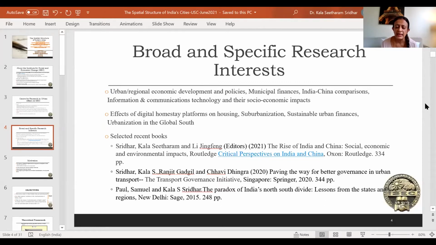My current interests are the effects of digital homestay platforms such as Airbnb on housing in Indian cities, suburbanization, sustainable finances, and also urbanization in the global south, consisting of countries such as Brazil, China, India, and so forth. Some selected recent books: one on India and China, The Rise of India and China, which came out of Routledge last year, and one on urban transport governance, which came out of Springer last year. And one book which has been widely cited and quoted is The Paradox of India's North-South Divide, which is a